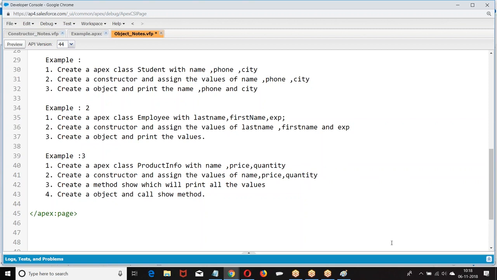Unless it is a constant value, we don't define it at the beginning. The values which will be altered will be assigned in the functionality. The values which will not be altered, we can give in the class straight away. That's the concept of final constants. The values which will not be altered, we can define at the time of creating the variable only. The values which will be altered from time to time will be initialized in the constructor or in the method.